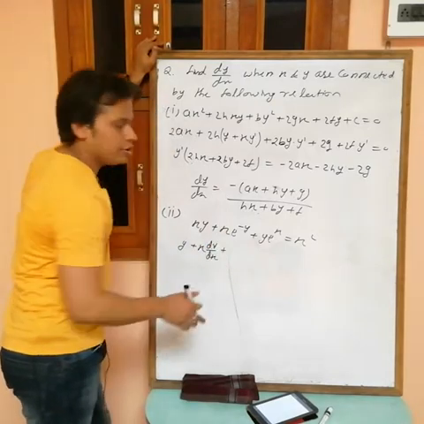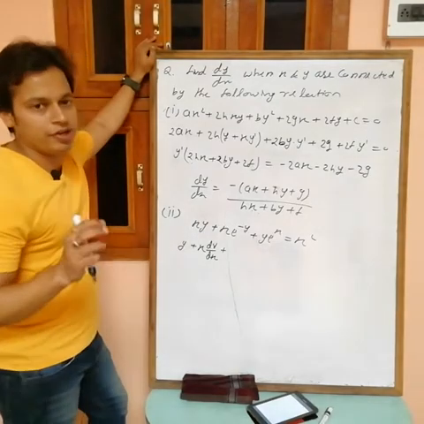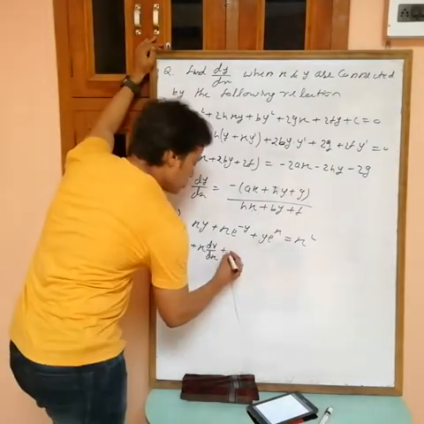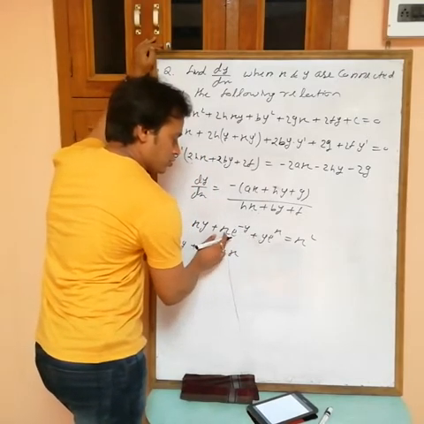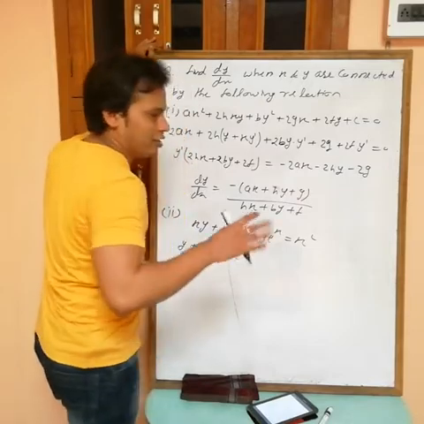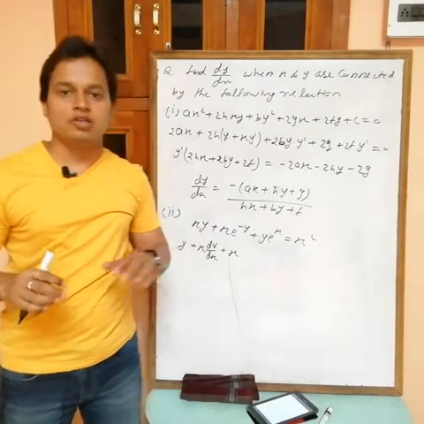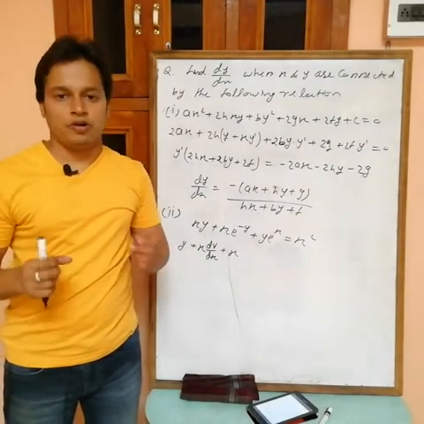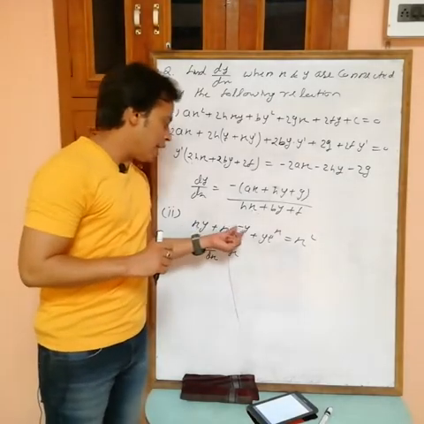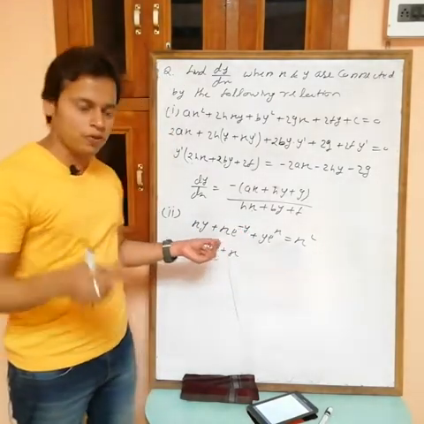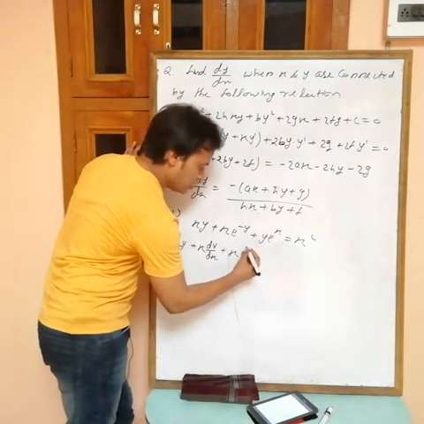Now plus x into e power minus y, again a product of two functions. At a time we can differentiate only one. First I am differentiating this one, so I am assuming x as constant. Now differentiation of e power minus y we don't know. We know the differentiation of e power x, which is e power x. But here we want differentiation of e power minus y, so I can assume this one as x. No problem, I am assuming this one as x, then differentiation of e power x is e power x.